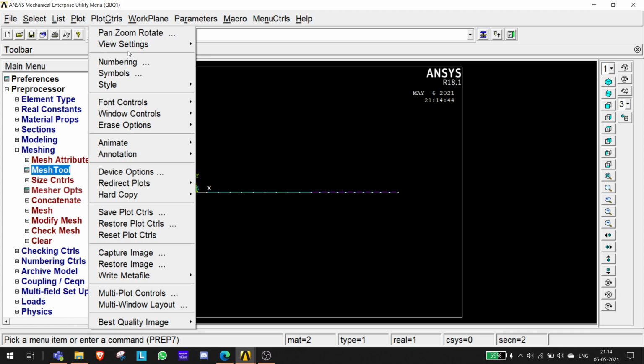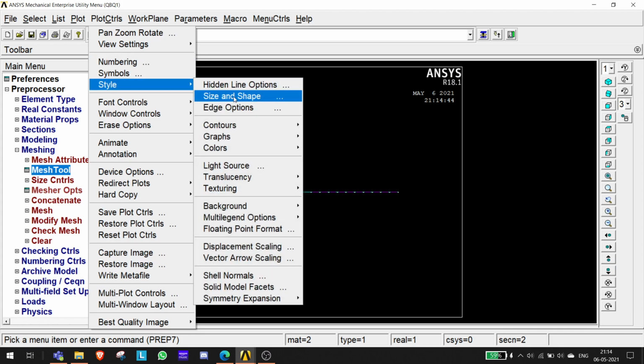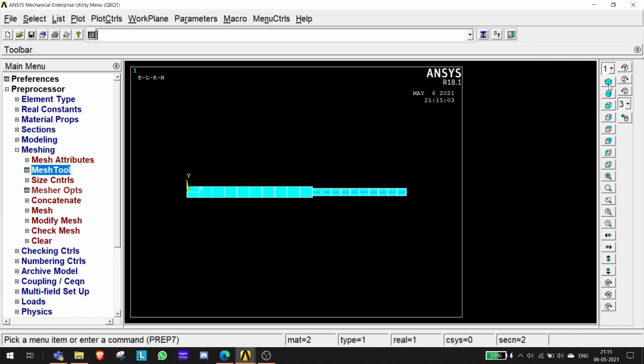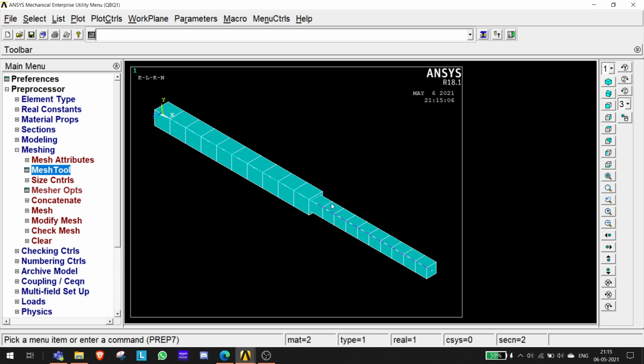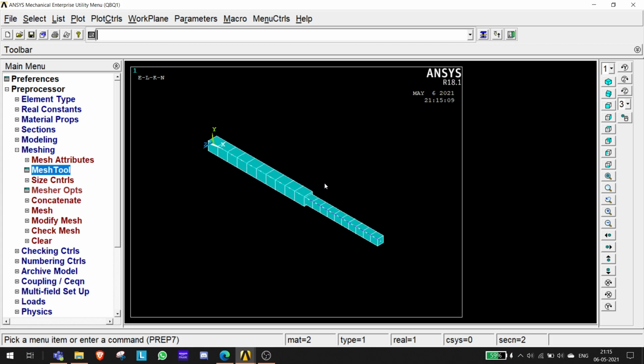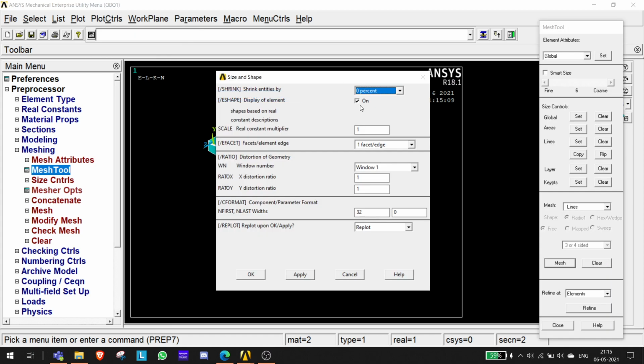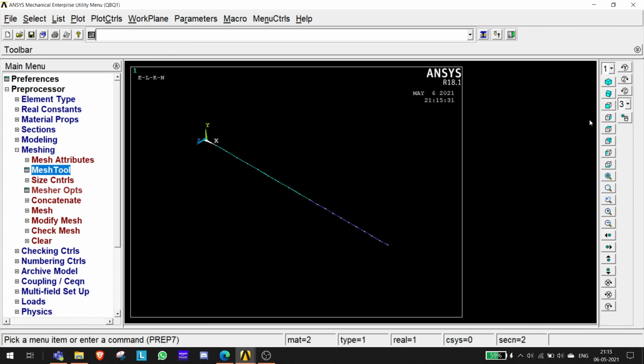What do you think it will be? If you have guessed right, it should be a squarish kind of element. I click on OK and turn on the ISO view. You can see it has given a square kind of element. It is fine because the calculation doesn't need the exact cross section, because the forces are axial. So the cross section doesn't matter in this case. Even if it gave a circular one, that would have been fine as well. I'll close the style, size and shape, because I have to work ahead, and turn on the side view.